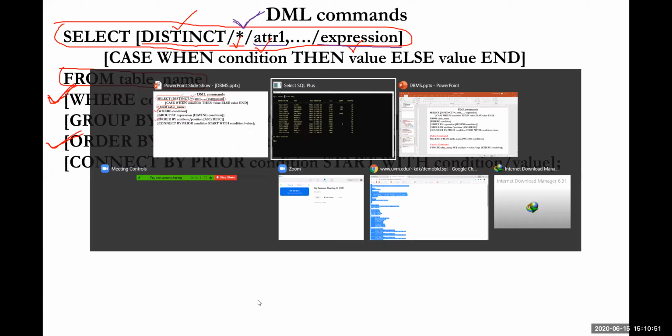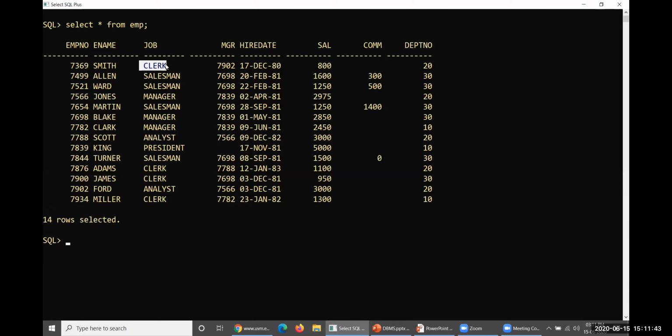Then if you want to restrict the displaying pattern to a certain number of columns, let me consider I need only the employee name and their jobs. I don't want any other information. I need who is Smith and what is his job. That's all. Only these two are required by me.